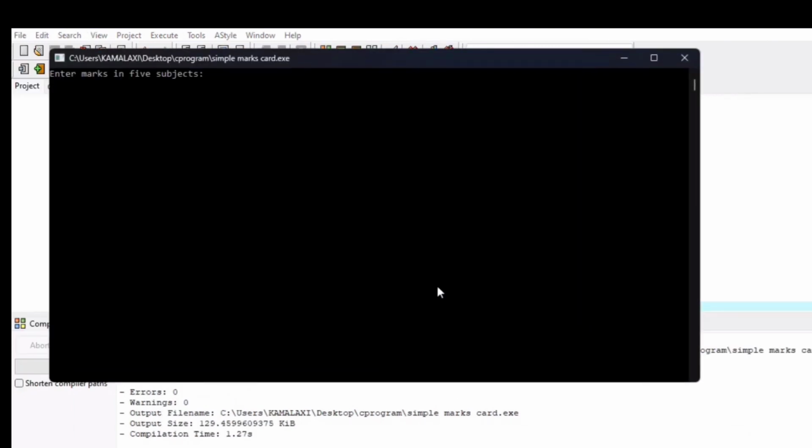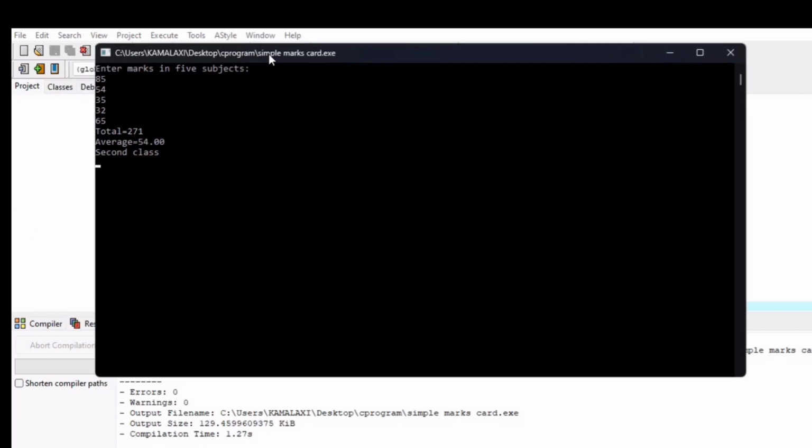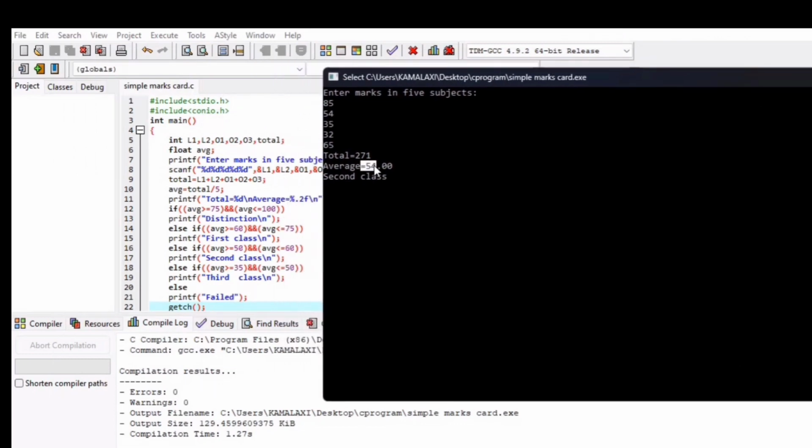So this is your output. It is asking for entering the marks of 5 subjects. I am giving 85, 54, 35, 32 and 65 over here, and the total has appeared as 271. You can check it with a calculator, and the average, that is the total divided by these 5 subjects, is